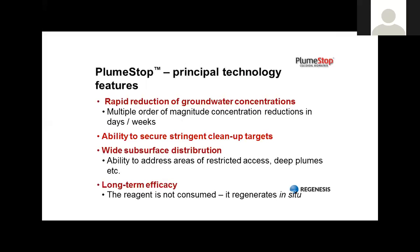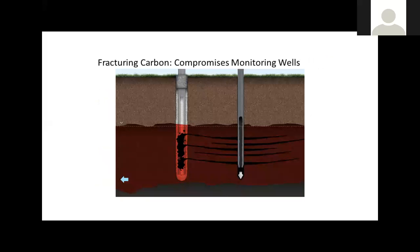This also serves as the liquid activated carbon. It's going to stay in the formation for years to decades, and it provides a means for ongoing treatment, and I'll touch on that in a little bit. Activated carbon's been used in the industry for years from an ex-situ application standpoint. Within the last 10 years, there have been applicators, technology firms, that have fracked in larger particle size carbon